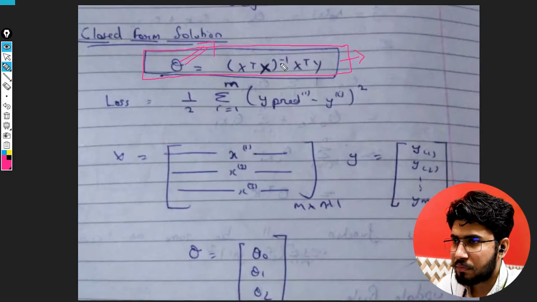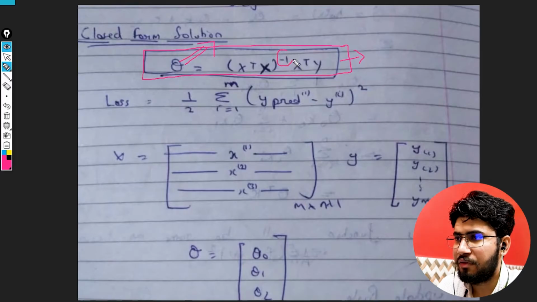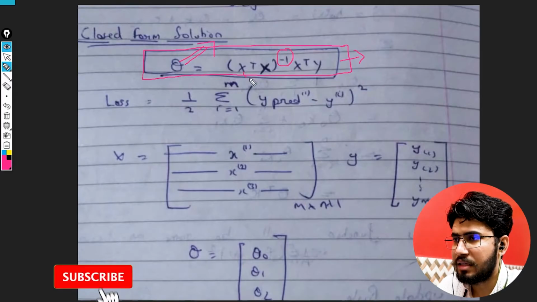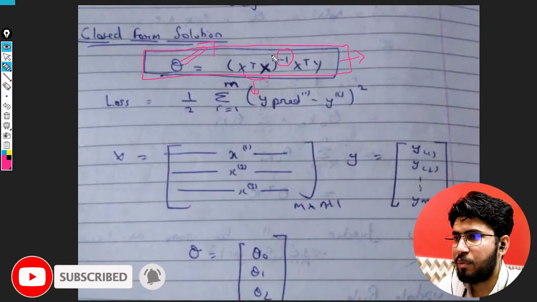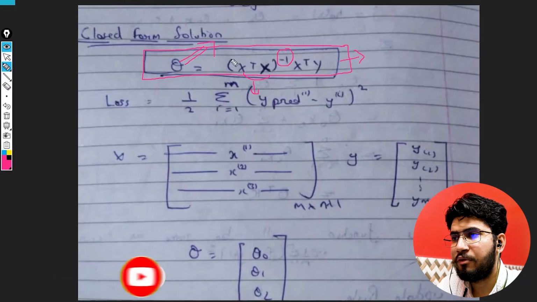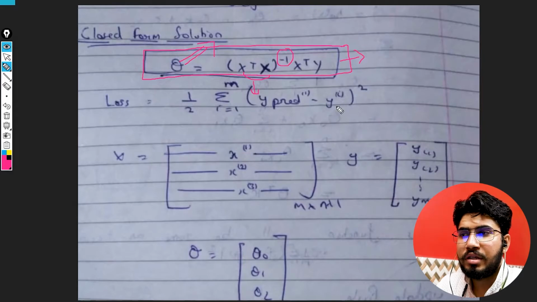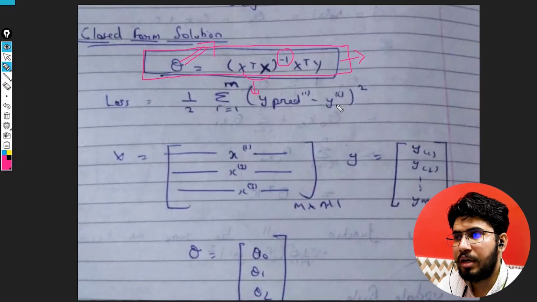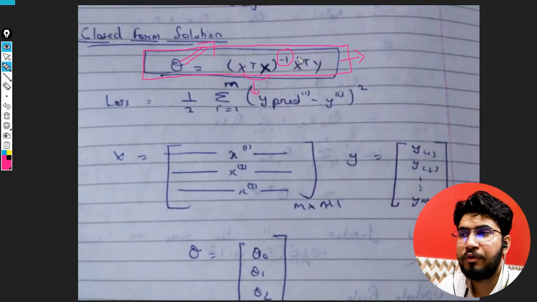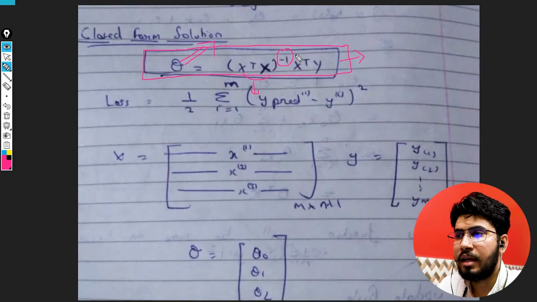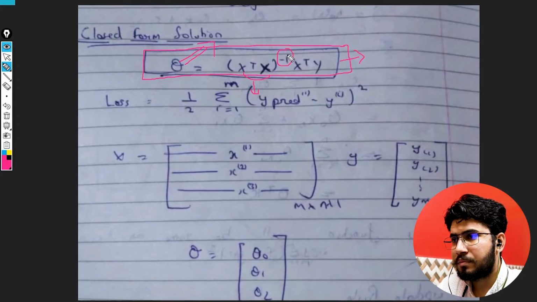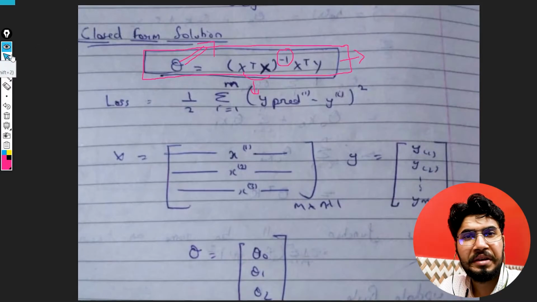Let me explain to you why. Because if you see here, we have an inverse of a matrix. If you are going to multiply this, then we will have a matrix here, and if you inverse that matrix, basically what happens is that the inverse of a matrix is one of the most computationally expensive operations in computing. So that's why if you have a very big data, then the inverse of a matrix might not even fit in your memory, or there can be any problems. But the major problem is that this is very computationally expensive. So that's why if we have a very big data, then we will go with gradient descent.